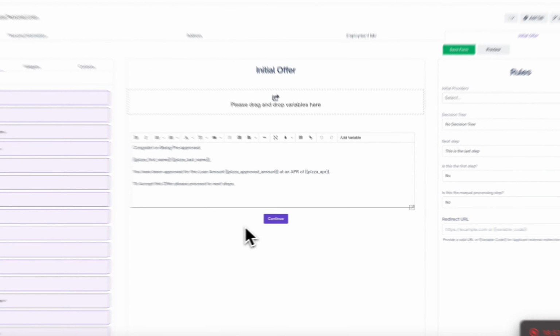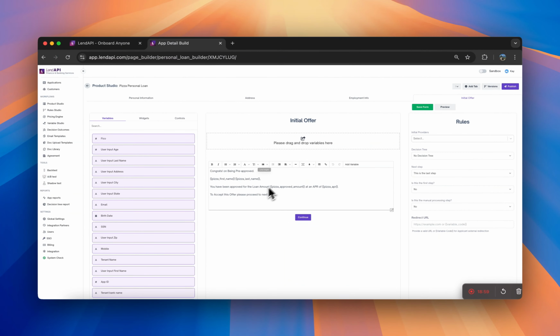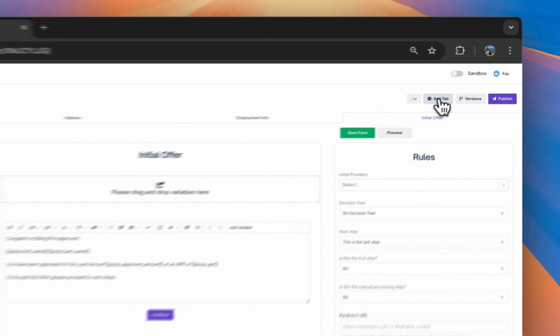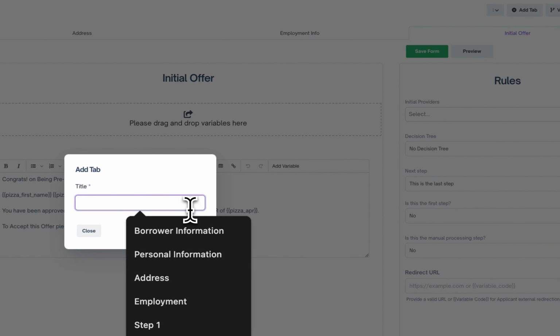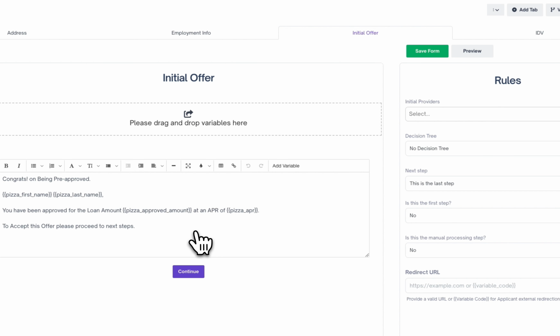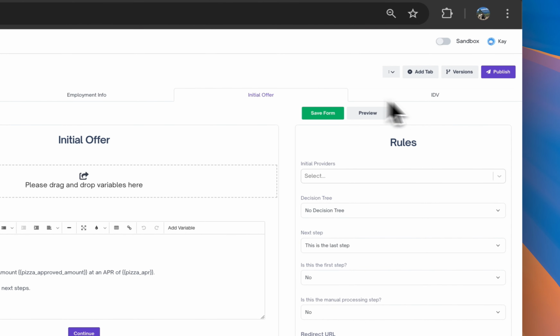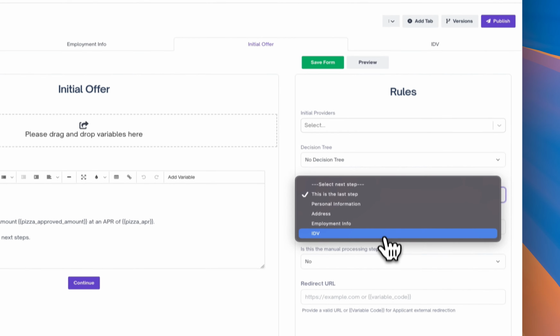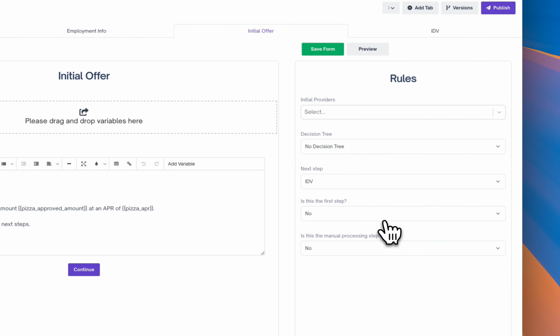So once a user has seen this and they feel comfortable, we want to add another tab, and the next tab would be for the actual IDV or identity verification, and this will come in after initial offer. So initial offer will no longer be next step,